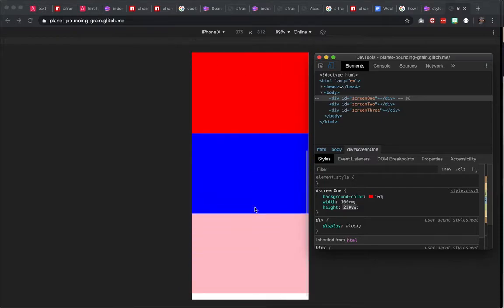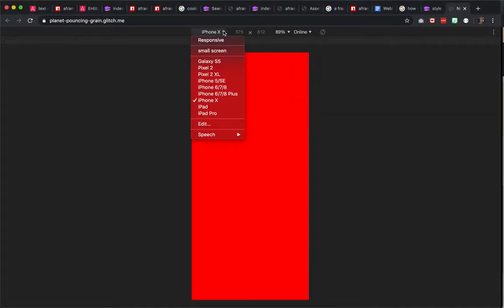All right, now I'm going to show you how to disable that. It just depends on your app, what you want to do with your app. If you do want scrolling, there are some things that you can do. But getting to my point, what you might want to do is toggle between some of the different devices,